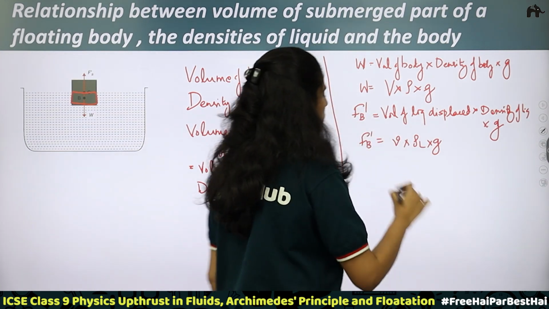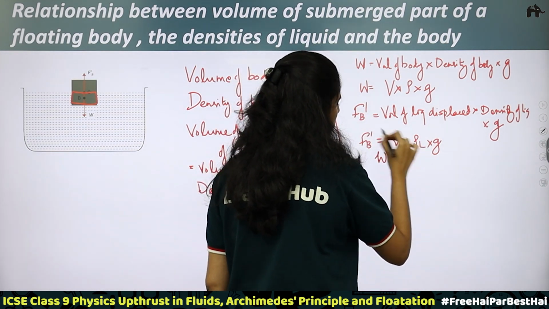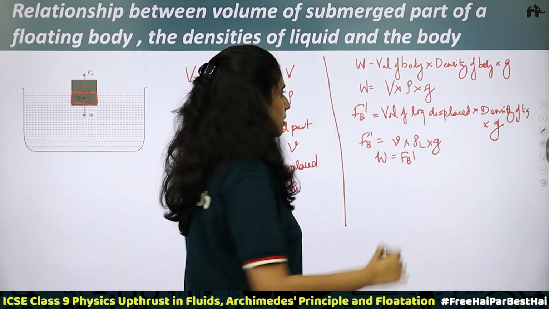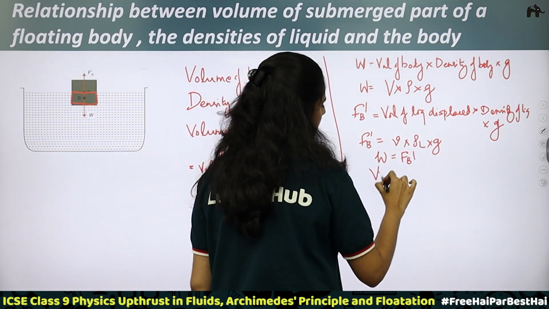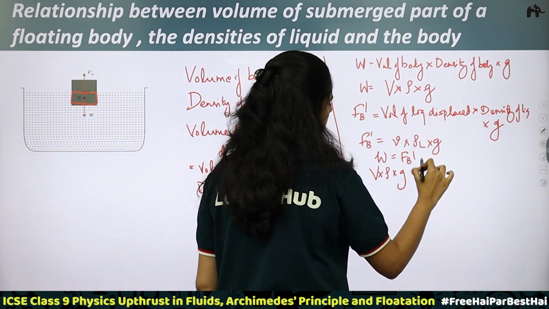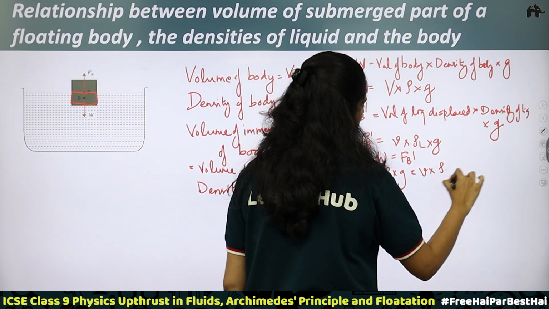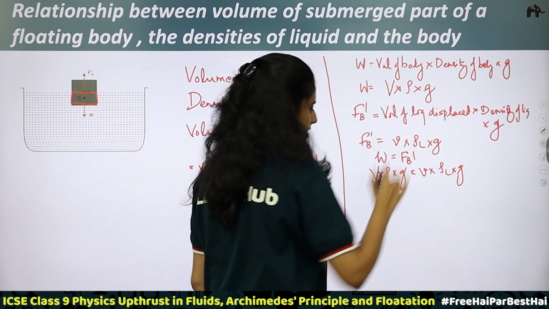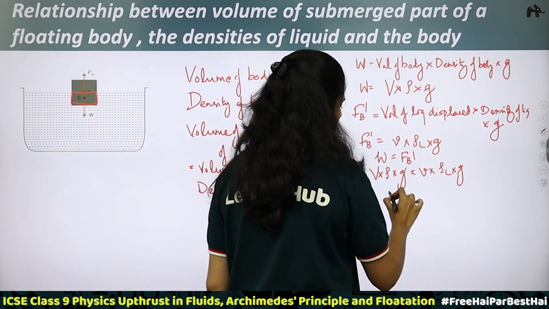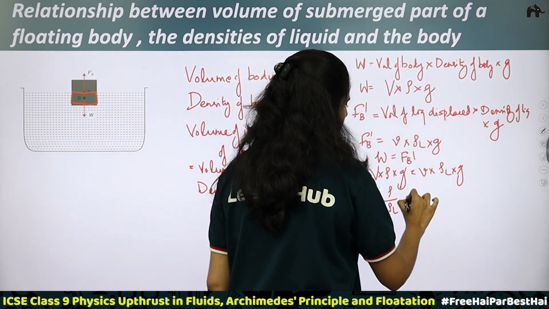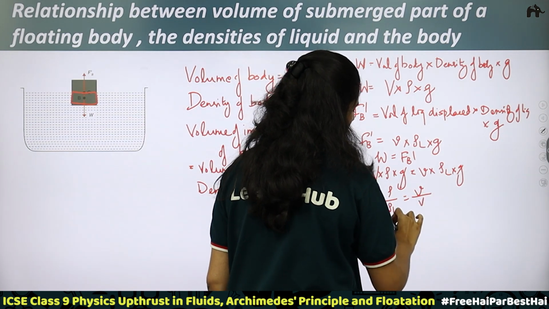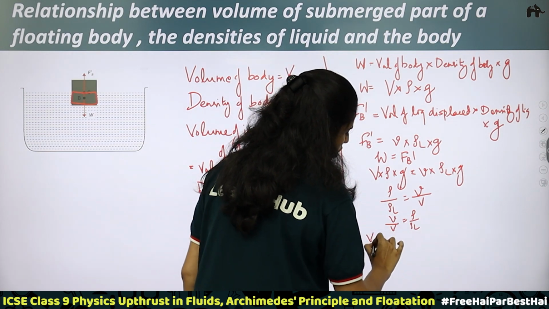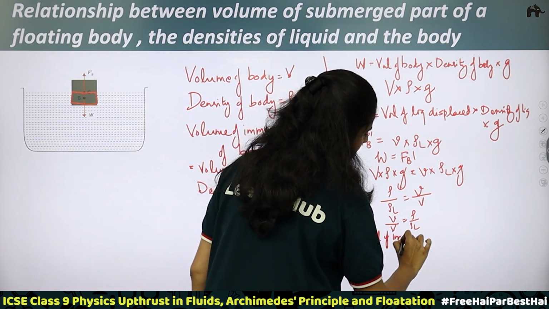Okay. Now, when the weight of the body is equal to F B dash, when it is equal to the upthrust, we will be having V into rho into g equal to v into rho L into g. Okay. So, g gets cancelled. Then you will be having rho by rho L is equal to small v by capital V, or v by V is equal to rho by rho L, which means the volume of immersed